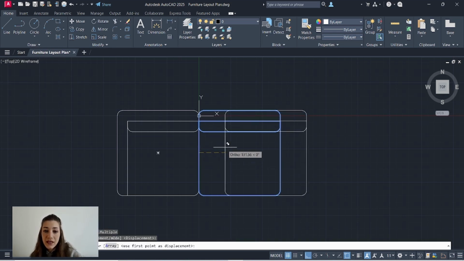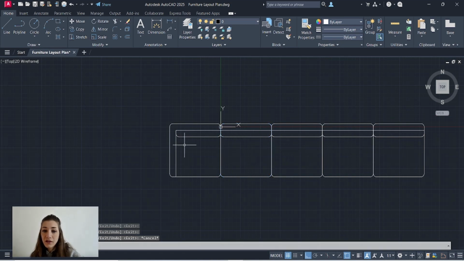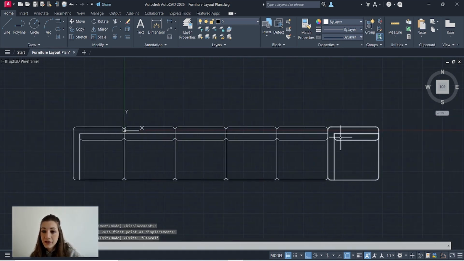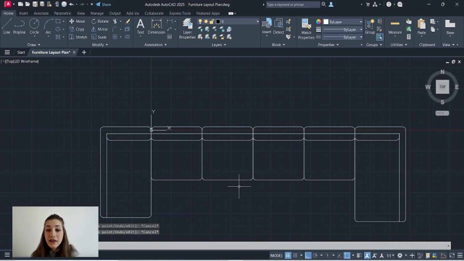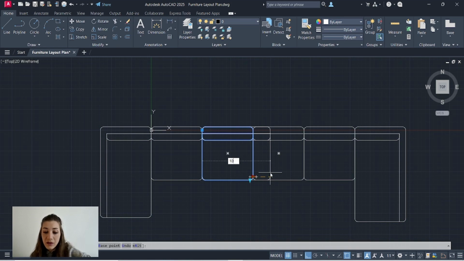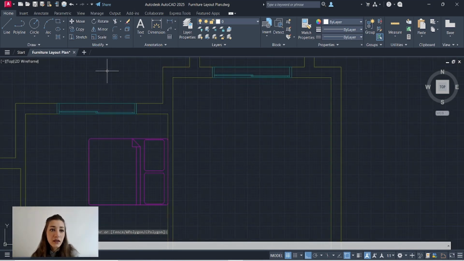So I can always add as many middle seats as I want just by copying. And then add a side seat at the end and flip that. If I want this to be an L-shaped sofa, I can always extend the side seats. And I can always adjust the depth and width of each seat by stretching them and entering the dimensions that I want. So I'll remove all of that for now, and I'll go to my plan to add my reception